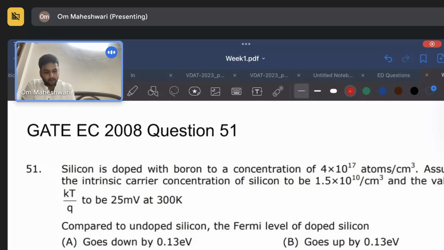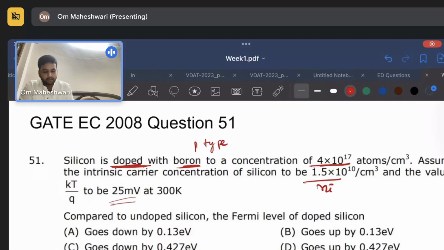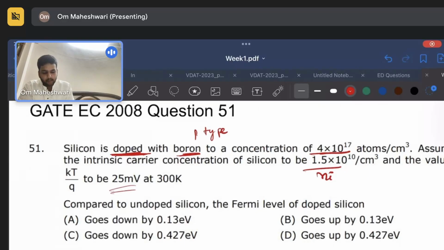So let us note the given things first. It is silicon doped with boron, so that is p type. This is the intrinsic concentration, Ni. They have given KT by q as 25 millivolts,